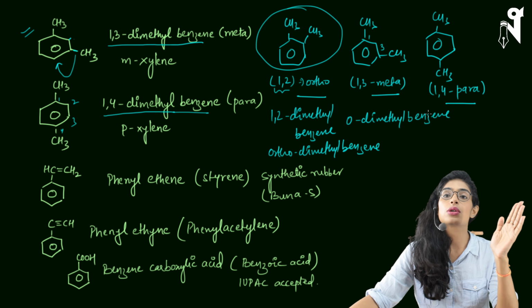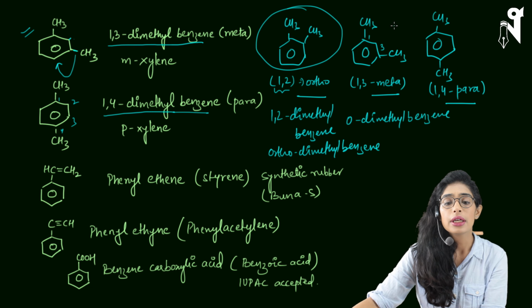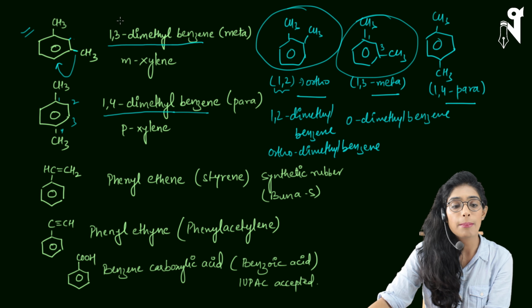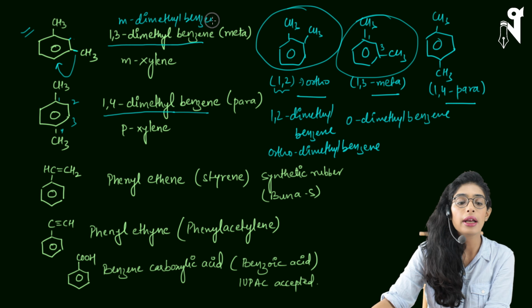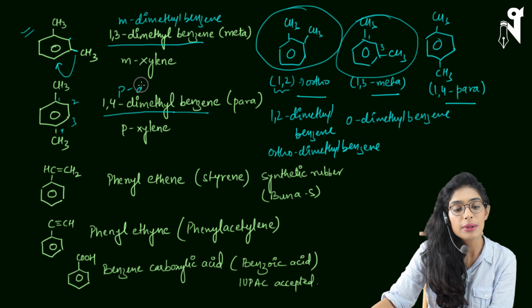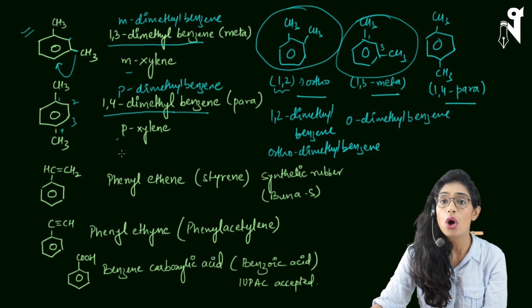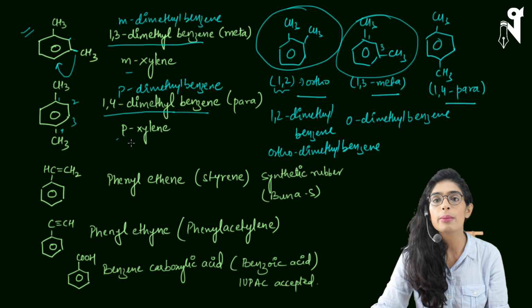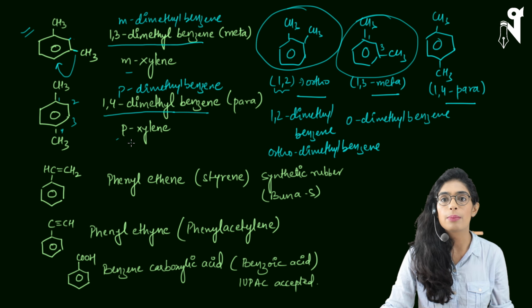Okay, so one is placed on the first position, another is placed on the second position. Similarly, if I have to write the name of this compound, we can also write it as meta dimethylbenzene, and here I can write para dimethylbenzene. And to be honest, we use these meta and para terms more often for the common names. When I'm writing IUPAC name, we prefer using the positions, and when we are writing common names, we try to squeeze it up and then use all other notations, whatever are possible.